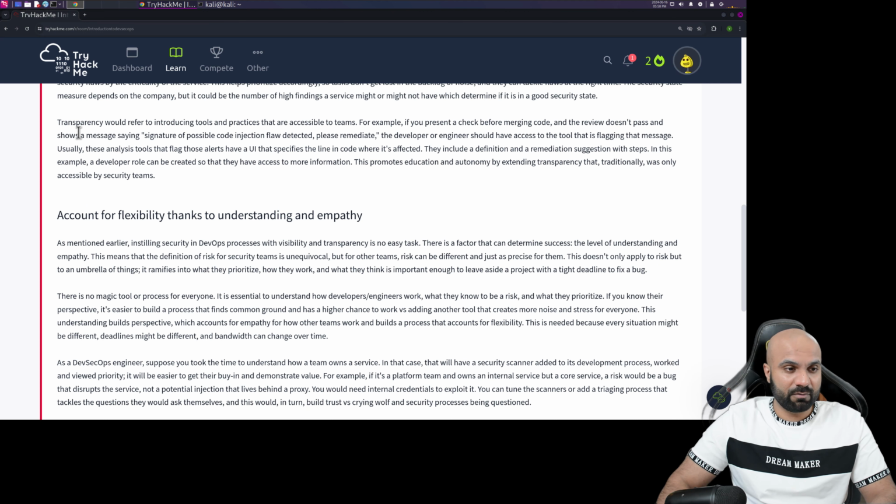Okay, let's move forward. Transparency would refer to introducing tools and practices that are accessible to teams. For example, if you present a check before merging code and the review does not pass and shows a message saying signature of possible code injection flaw detected, please remediate, the developer or engineer should have access to the tool that is flagging that message. So developer को access to tool होना चाहिए